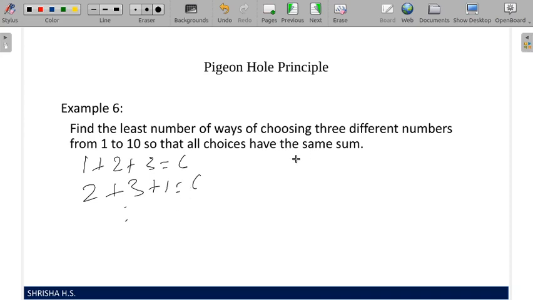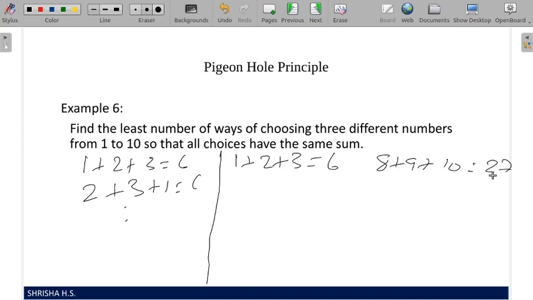So we'll do the problem and again we will explain, that will be easy. How many sums are possible? You are picking 3 numbers between 1 to 10. How many sums are possible in the first place? The lowest sum possible is 1 plus 2 plus 3, that is 6. The maximum sum possible is 8 plus 9 plus 10, that is 27. So 27 minus 6 plus 1 gives 22 possible sums. So there are 22 pigeonholes present. Okay, so that's the first thing.